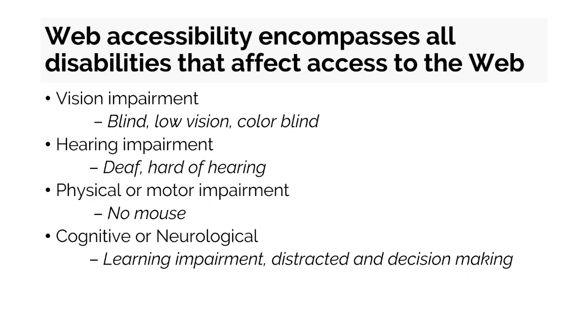Finally, we have people with cognitive or neurological disorder. It can be people with learning impairment or people who have dyslexia, who have trouble reading, or someone who has a traumatic brain injury, who has trouble concentrating. And if we have widgets, slides, animation that are going everywhere on our website, that can have a really big impact on the way people use our website. So right now we are talking about websites, but it applies to apps as well.